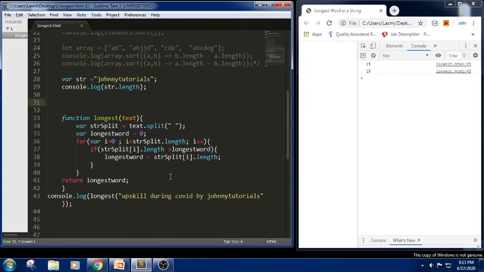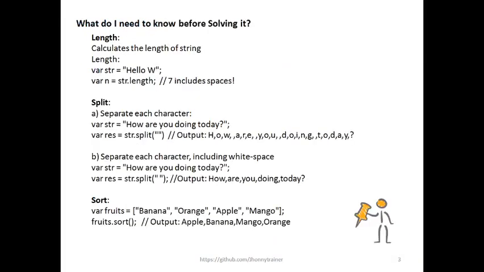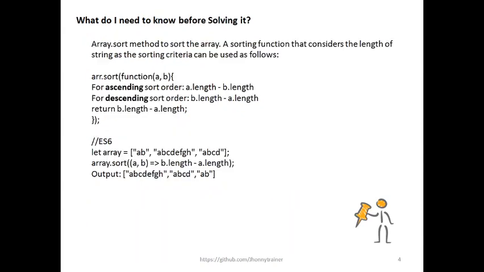Now let us elaborate this code much more clearly. So let us look into the presentation part so that you will understand how it has been iterated in this for loop. Let us see the snippet now. So first we started with the length. Next we learned about the split method. Next one, sort. Next, if I want to print something from highest to lowest and lowest to highest, we have used ES6 notation.